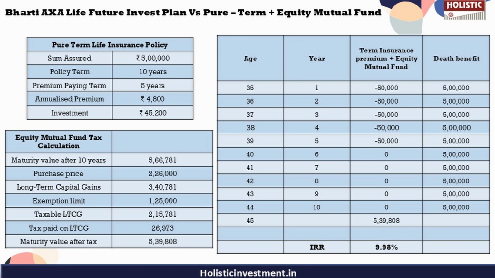So if the surplus annual premium outflow is redirected into an equity mutual fund for the same tenure, the accumulated corpus at the end of the term would be approximately 41.24 lakhs, which is pre-tax value. After accounting for capital gains tax, the post-tax value would be around 36.99 lakhs, translating to a post-tax IRR of 10.17%. And if you have any doubt regarding how we have calculated the tax for equity mutual fund, you can see that we have presented a small tabular column on the screen for your easy reference, which you can pause and see. So this return profile significantly exceeds the IRR generated by the SUD policy and has a higher probability